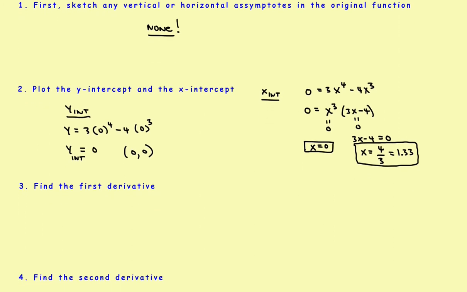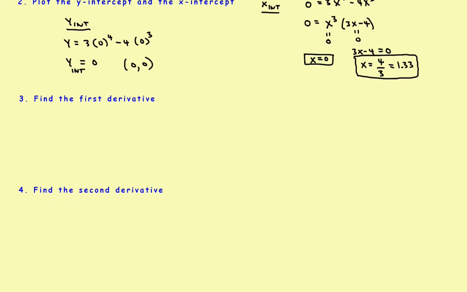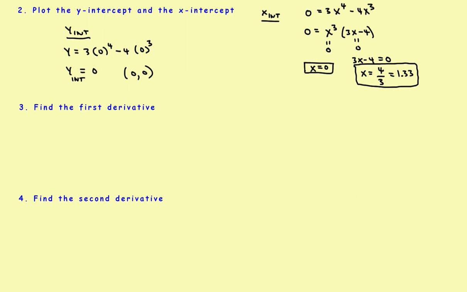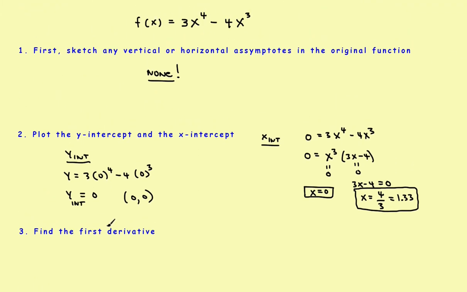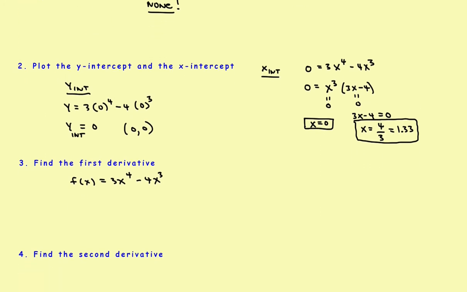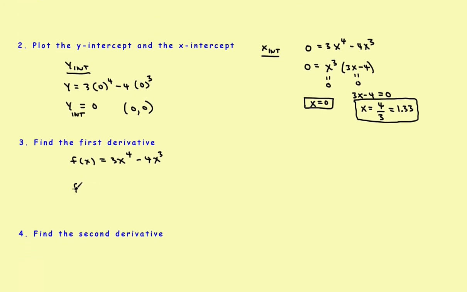Okay, now the next thing we'd like to do is this. Before we get finished, we're going to need the first and second derivative information. So we might as well go ahead and find those right now. And what I'll usually do is to find the first derivative, starting with the function. If the original function is f of x is equal to 3x to the 4th minus 4x cubed. So let's go ahead and find the first derivative. So f prime of x, and just using the power rule, that's going to be 12x cubed minus 12x